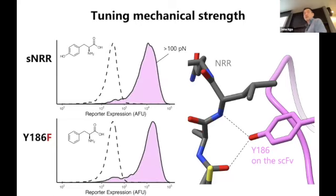Now, when we stimulate with 100 piconewtons, our upper limit amount of tension application, we can activate expression of the receptor to the same degree. So we essentially max out the reporter here. More interesting is that which falls in between. Okay? So cells that are grown on 12 piconewton TGTs, remember 12 is not enough to activate sNRR. And so the expression of the mCherry reporter follows almost exactly with that of the no ligand control. But when we